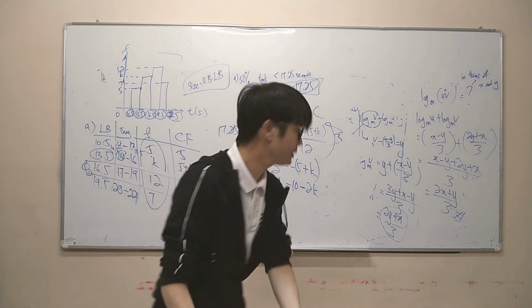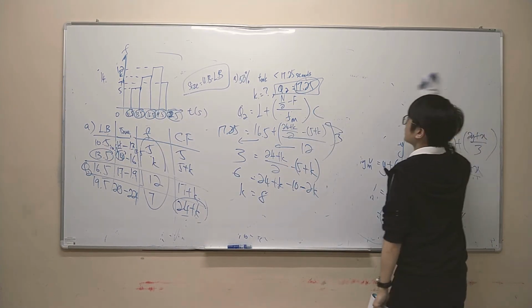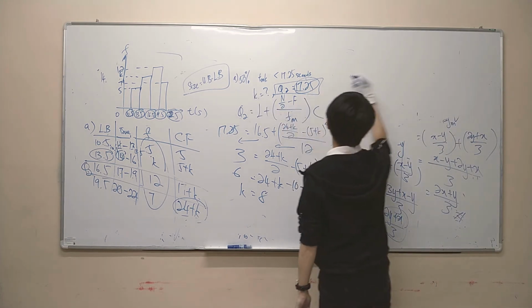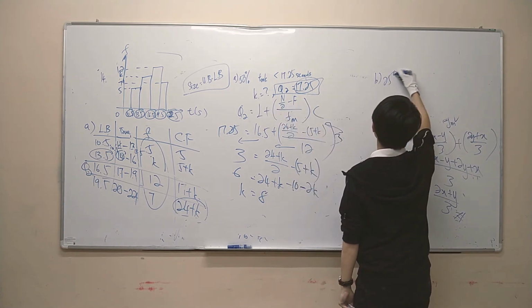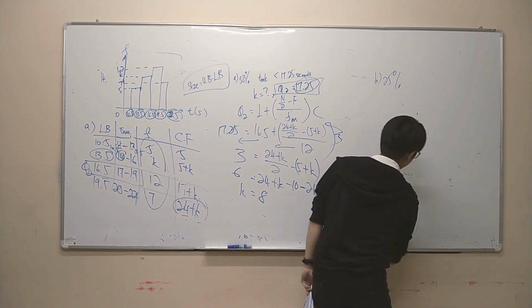Next question is question B. Question B, what do they say? 25%. I want to ask: if it is 50%, you find the median. If 25%, you find